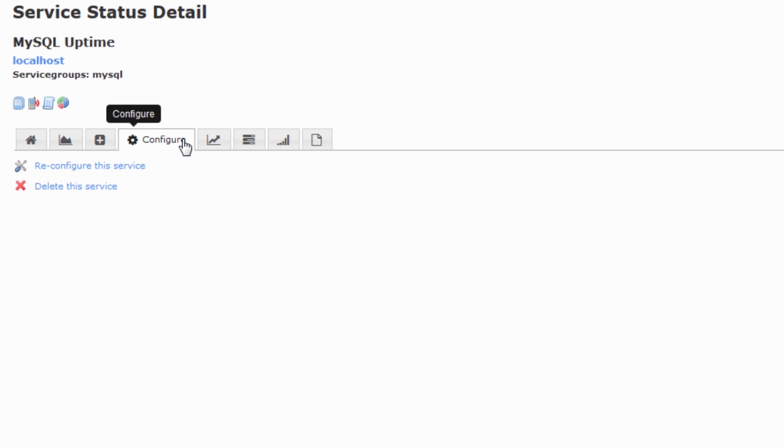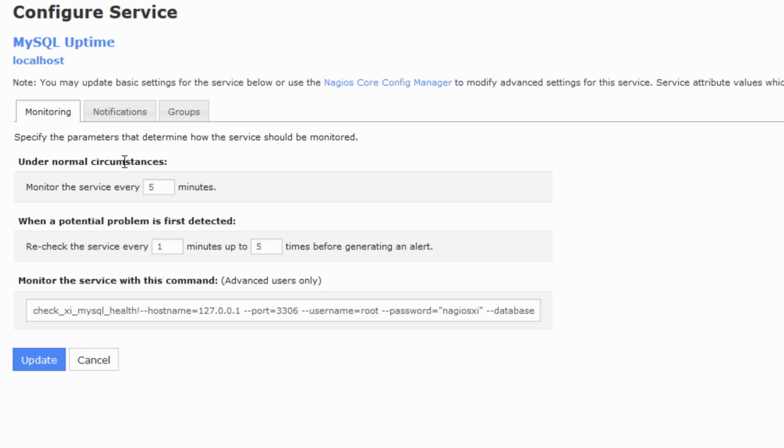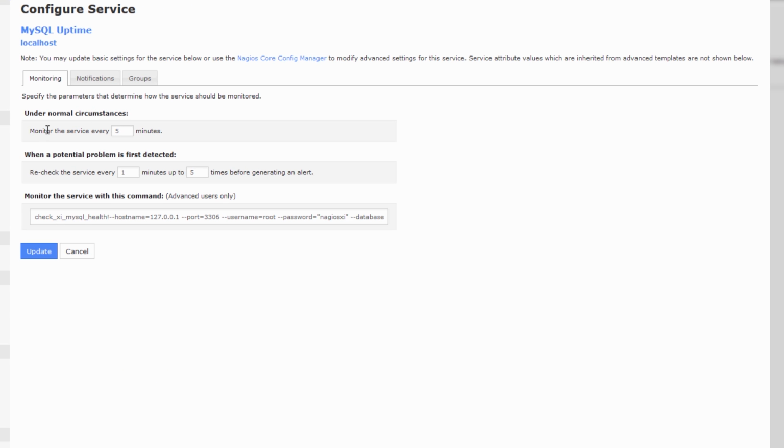Click on the Configure tab and go to Reconfigure this service. Once we're in Reconfigure this service, you'll see Monitor the service every 5 minutes. This 5 minutes is our check interval. We can simply change this from 5 up to 60, let's say we want to check on it every hour,